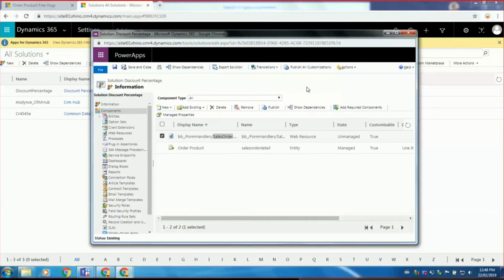limitation. The other limitation is that every change we make in the unmanaged layer, because there is a layer for each change, and each managed solution applies a different layer of that change, and we can go into details when we understand a little bit more of how it works. But there are some layers, and the last layer that gets applied to the system is the unmanaged layer, and every unmanaged solution is part of the same layer. And now I talked about the layers because the limitation is that